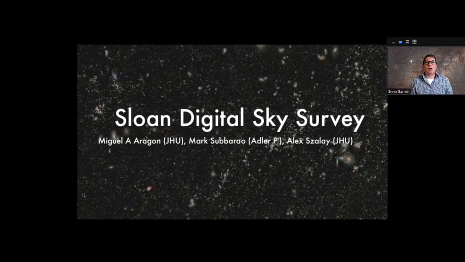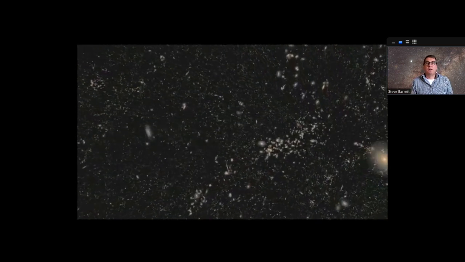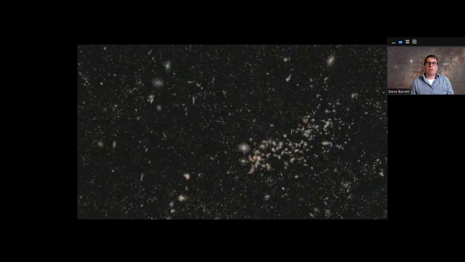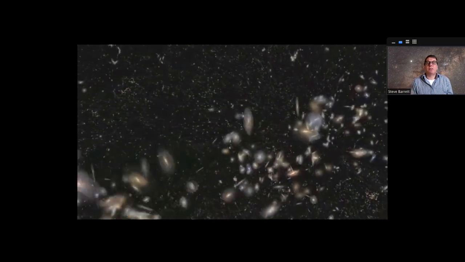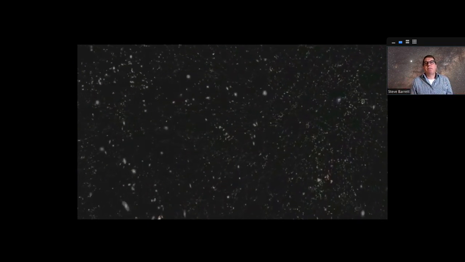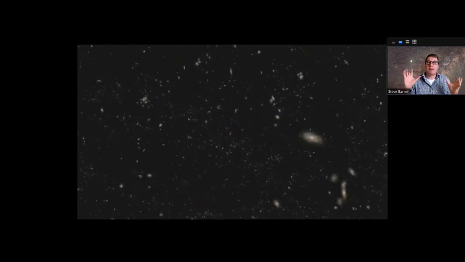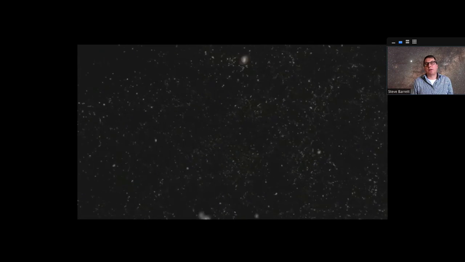This might look like simply a simulation of galaxies in the universe, but actually this is the result of mapping the positions of galaxies on the sky and determining their distances and using that to create effectively a 3D atlas. So although this is not real observations, this is an accurate indication of where the galaxies are, the close by few million galaxies, to give us an idea of how they're scattered throughout space.